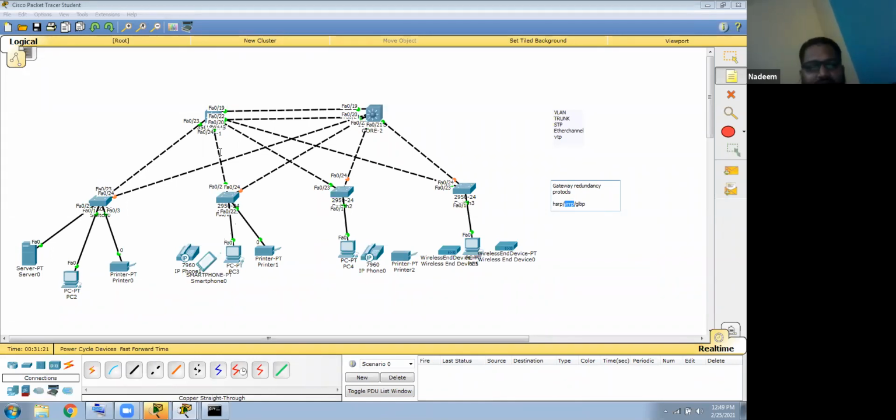Let's say you have Cisco switches and your core switch is a Juniper switch or some other switch. In that case, you will use VRRP, not HSRP, because VRRP is a vendor-neutral standard. And GLBP, again, is also Cisco proprietary. These are the three gateway redundancy protocols. So let's see the gateway HSRP configured.